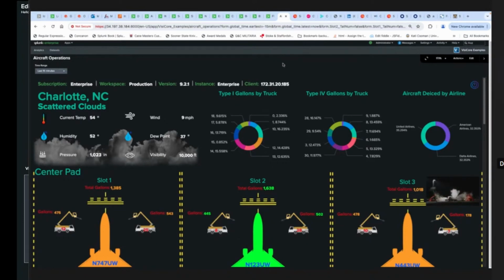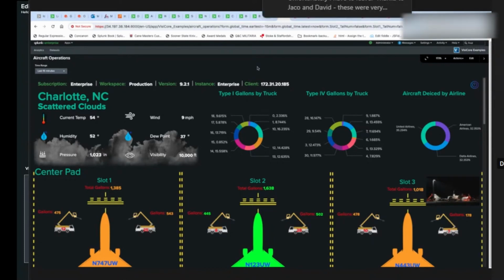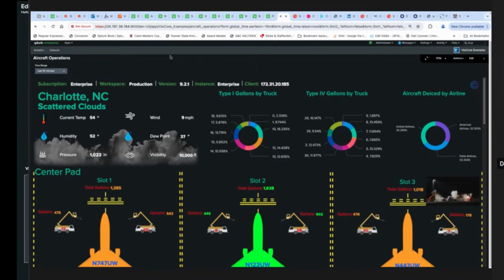Same REST API calls, different way of handling the graphics, different way of handling layouts and all that kind of stuff. So this one is its third iteration. The first iteration took me a month. The second and third iterations probably took me a week or so each. There's nothing quick about this stuff.